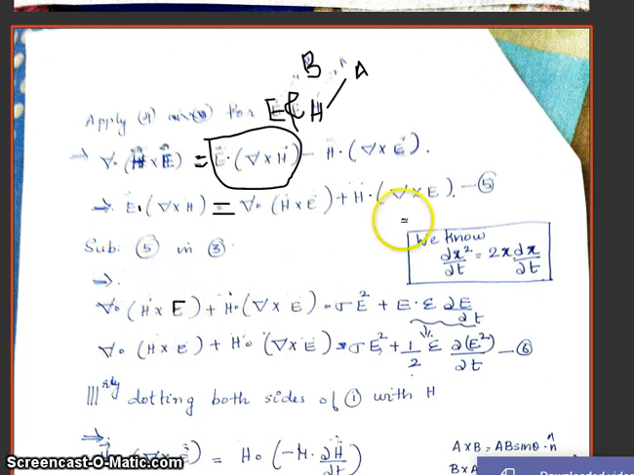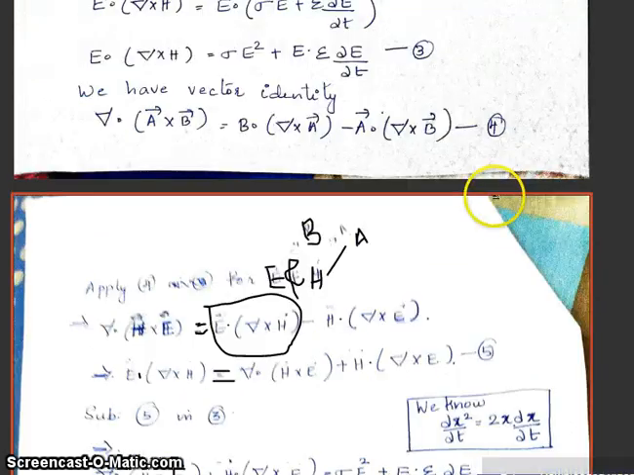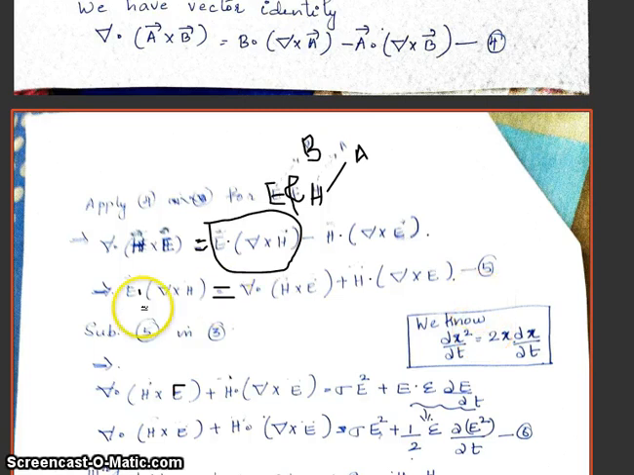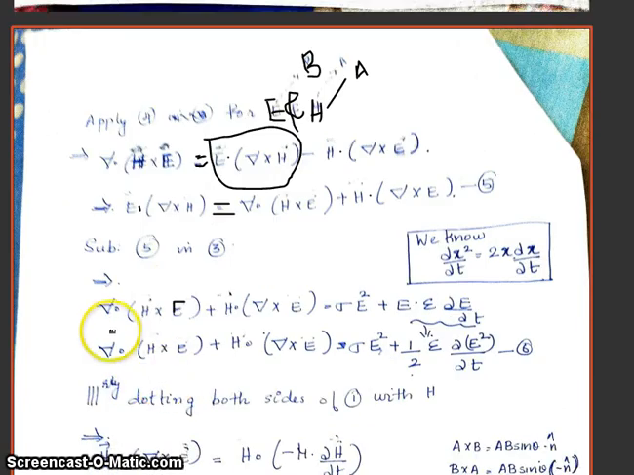Now I am going to substitute equation 5 in equation 3. What is equation 3? E dot del cross H is equal to sigma E square plus E into epsilon dou E by dou T. And what is equation 5? E dot del cross H is equal to del dot H cross E plus H dot del cross E. So I am substituting 5 in 3 so that I can write del dot H cross E plus H dot del cross E is equal to sigma E square plus epsilon E dou E by dou T,